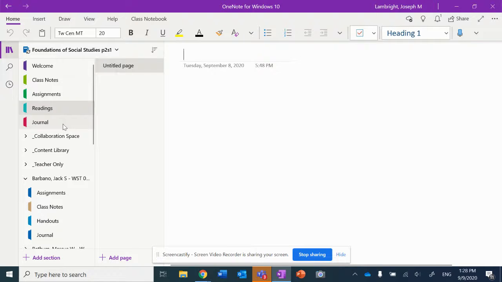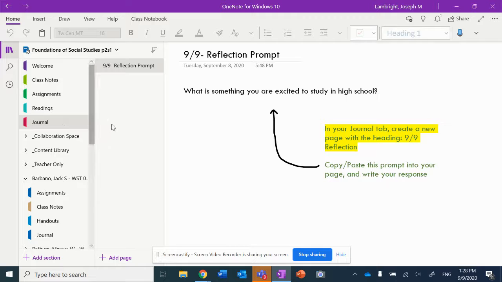Your assignment for today is to go into the journal, where I've put a reflection prompt. In here, you'll find the directions, again, to copy and paste this prompt